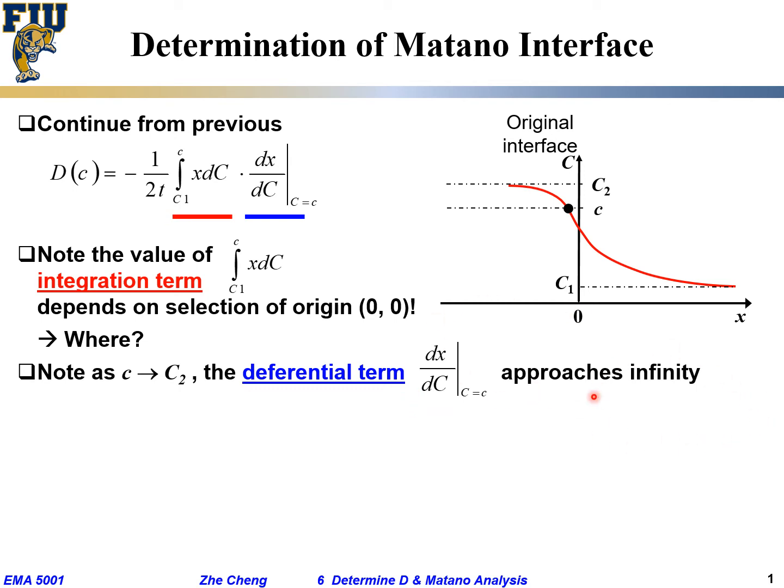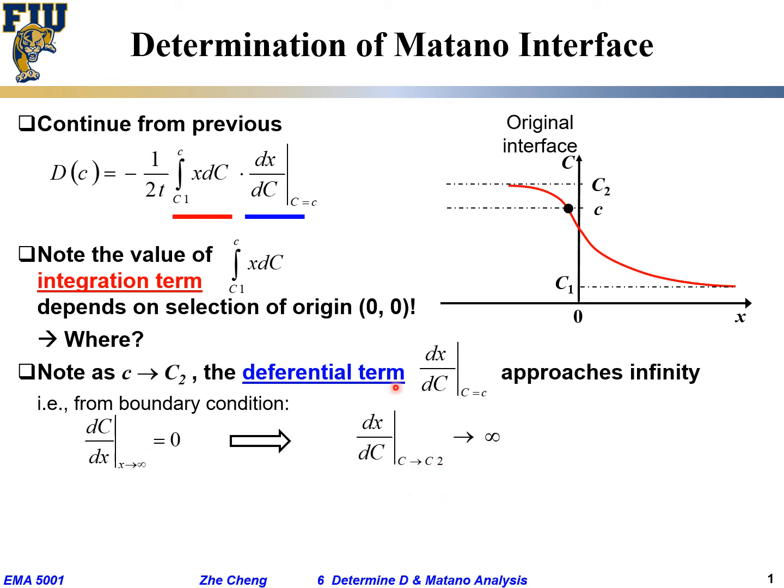This guy goes towards infinity. So as a result, this is related to the boundary condition. When local dc over dx goes to 0, that means my inverse goes to infinity, and